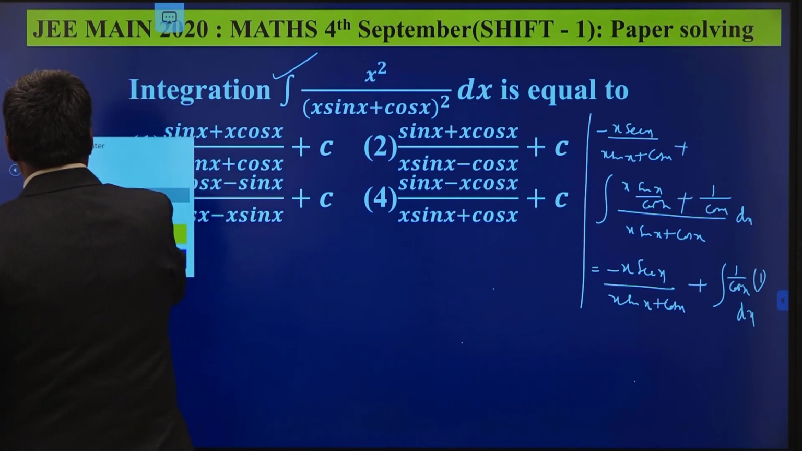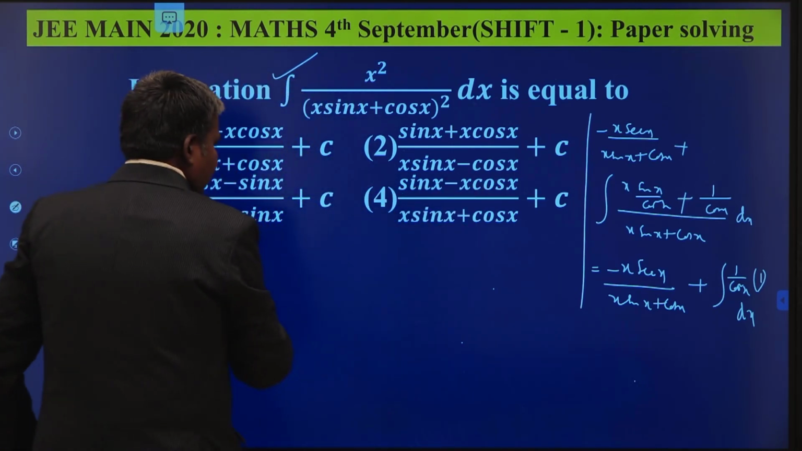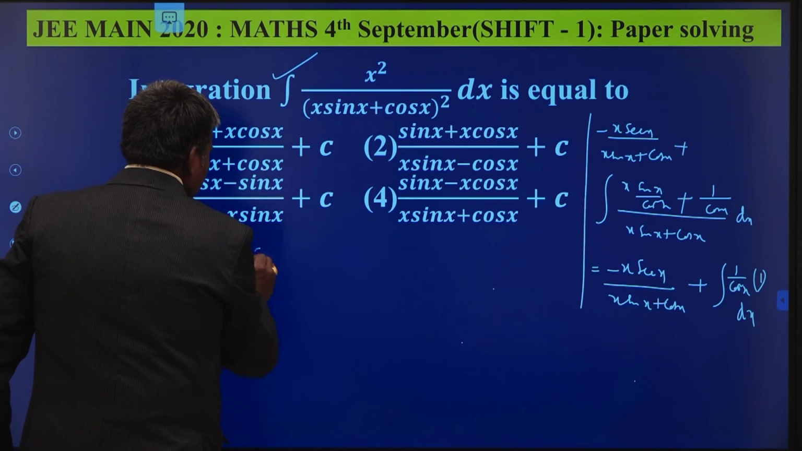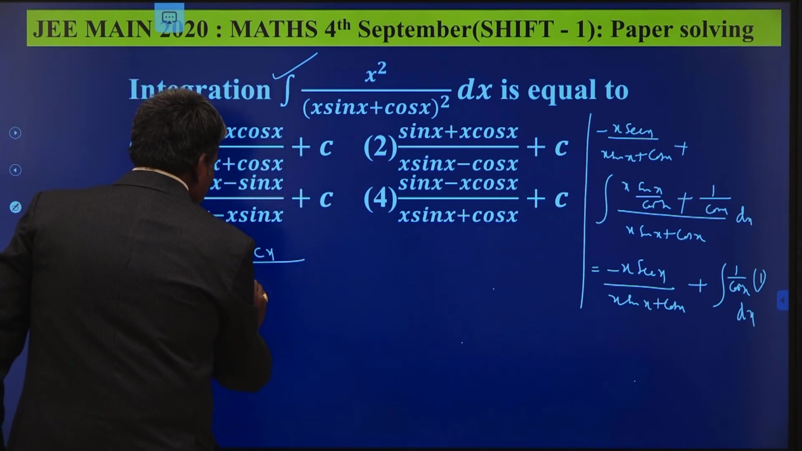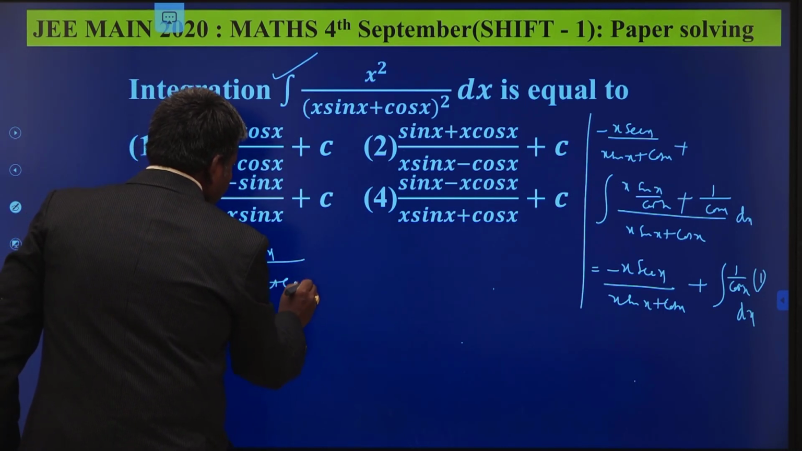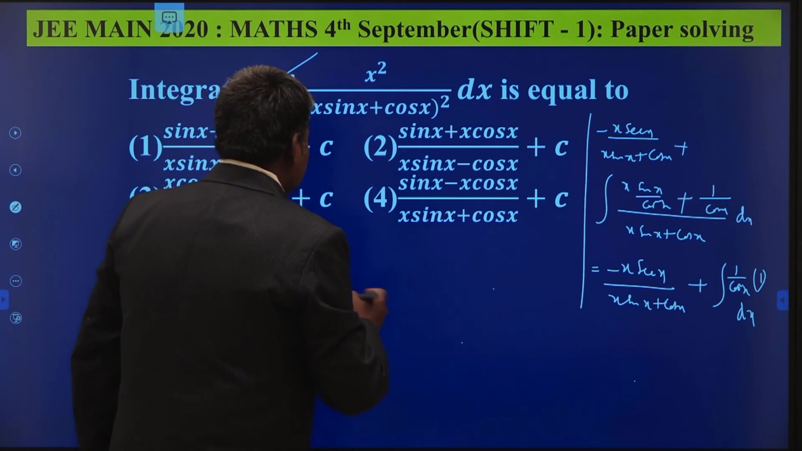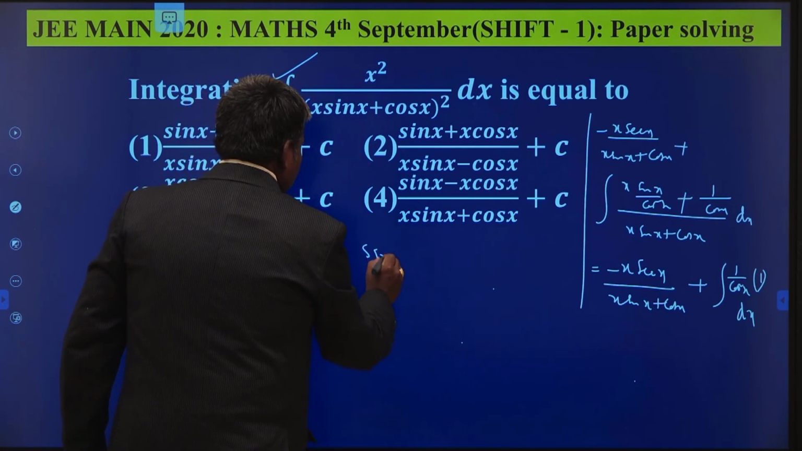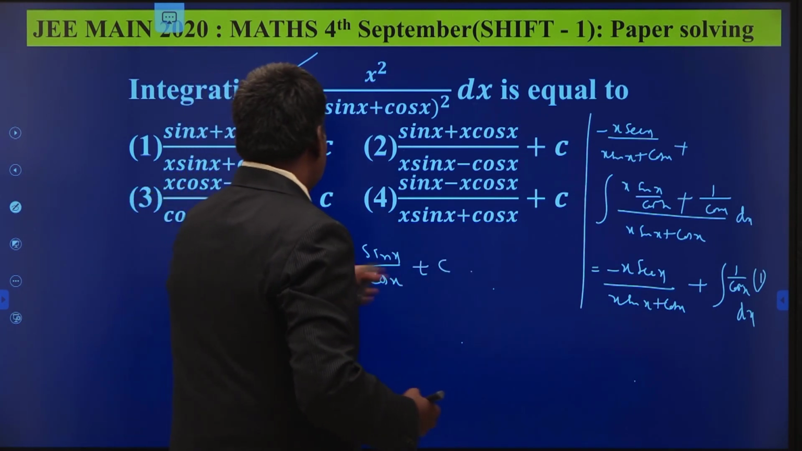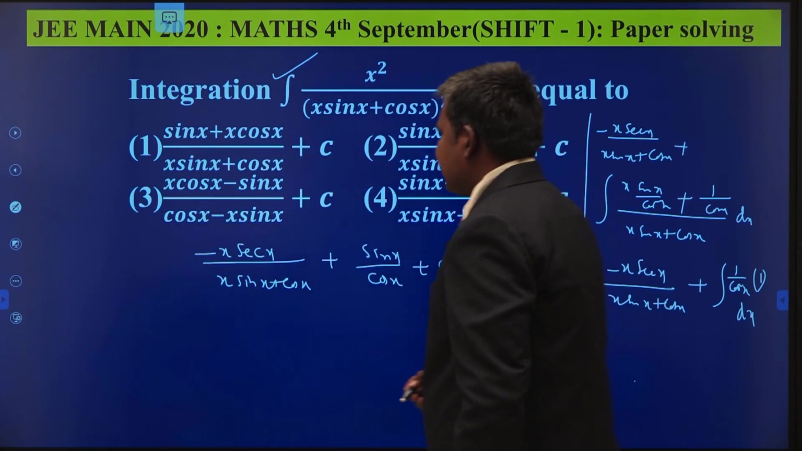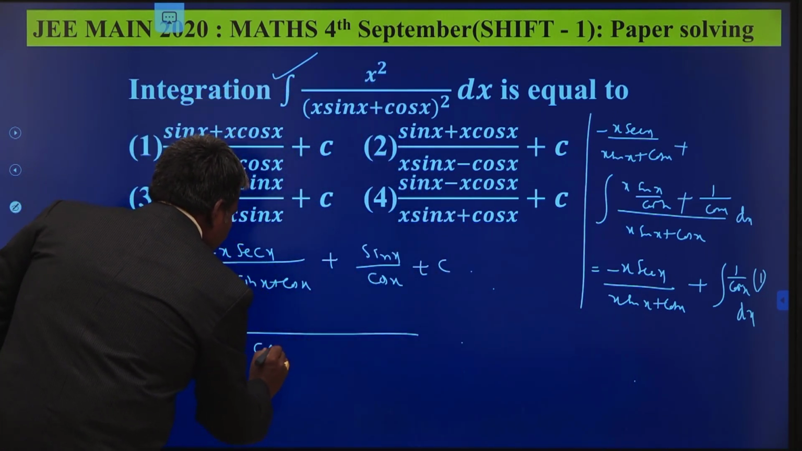Now we have minus x secant x whole divided by x sin x plus cos x plus integral secant square x dx. That is what? Tan x. Tan x we mean sin x by cos x plus c. Now taking LCM, we get the required answer, that is cos x into